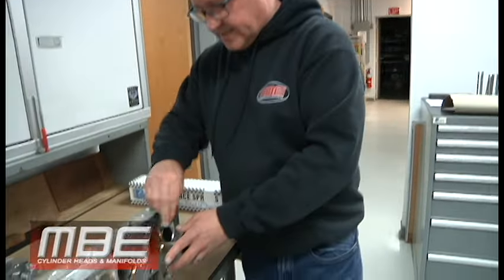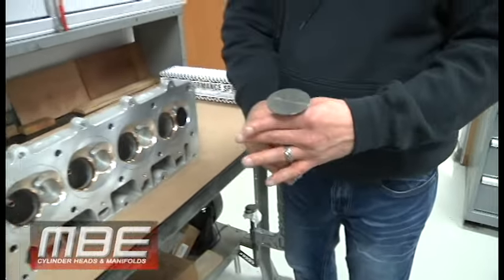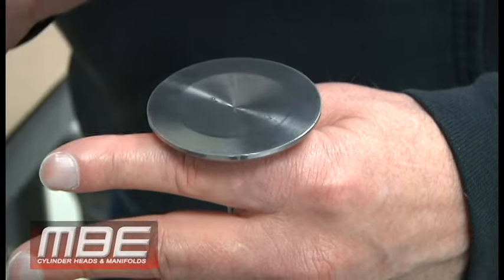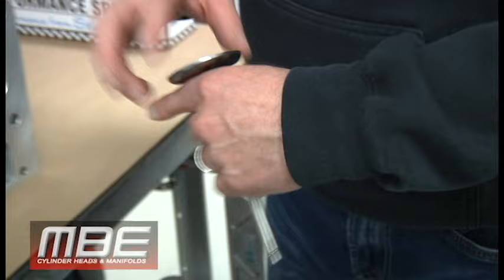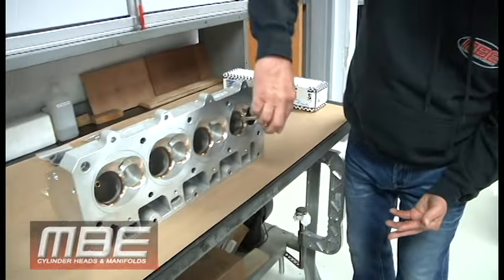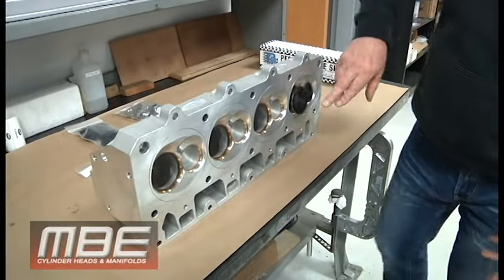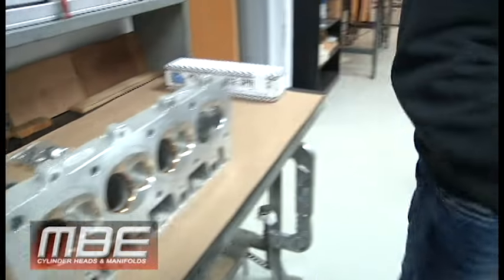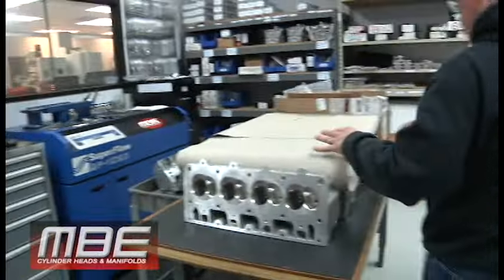And this has got a convex on the intake valve because this is a Pro Charger. So you can't really see the convex, but it makes it strong. Still allows us to put the dish in to keep the weight out of it. So if he wants to run a lot of lift or RPM, he'll be able to do that. And then he's building 2 motors, so